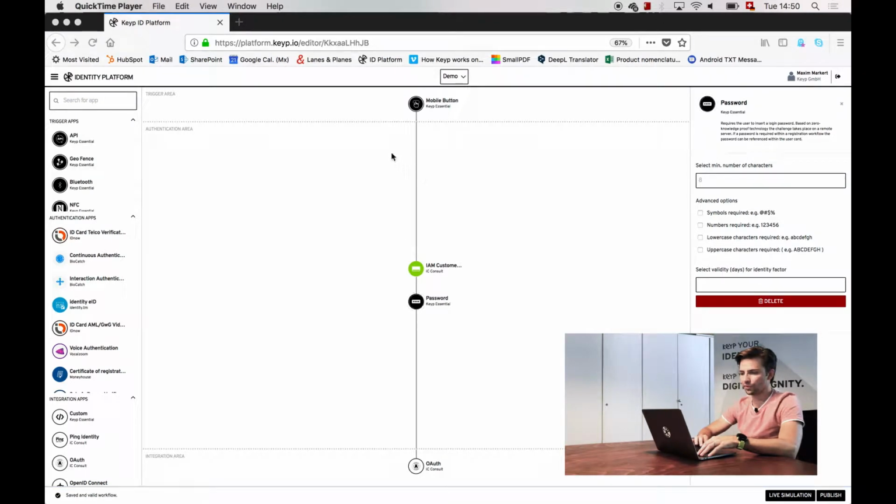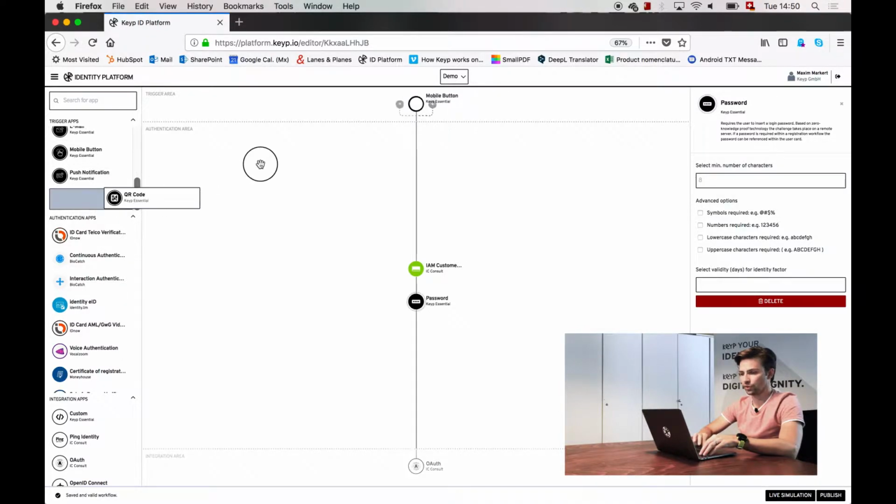So we start off with the login flow that you probably know from most web pages. You have a mobile button, or you have a button that triggers a flow. You have a customer identity, username, for instance, and a password, and then some sort of integration into your backend system. What we'll do now is we extend the possibilities for the user, and we'll add also a QR code